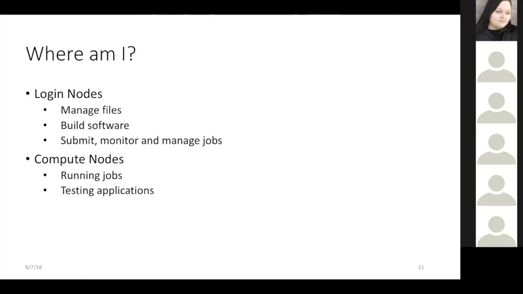Like if you have specific sections of code that you know are problematic, then you can watch them as they produce output and focus on parts that may not be performing the way you think they ought to be. But from the login nodes is where you will submit longer jobs, or what we call batch jobs, that you submit out to the compute nodes and then you let them run in the background. You don't have to go look at them. The system will keep them in the queue until they can start. And once they start running, then they'll run along in the background and you don't have to do anything to make sure that they get into the system.